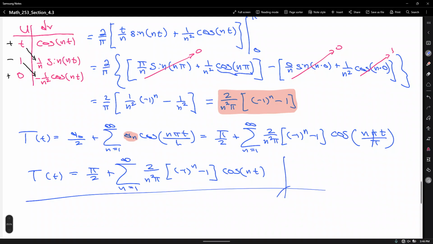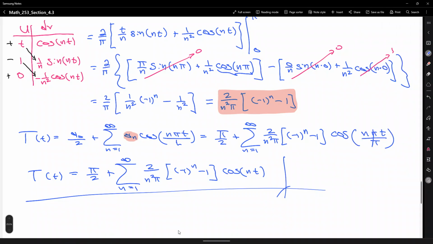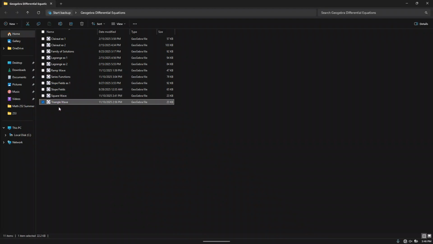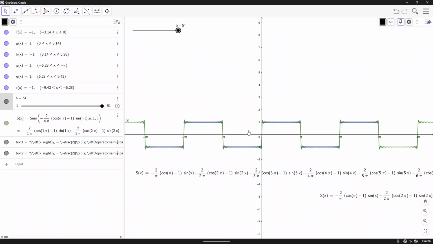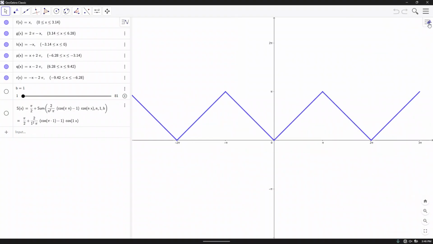And just like I showed you a graphic representation for the previous exercise, it's not going to be an exception for this one. So let me go back to GeoGebra here. Let me open the file, triangular wave or triangle wave. All right, so here we have a nice